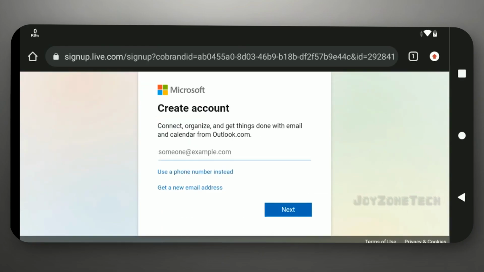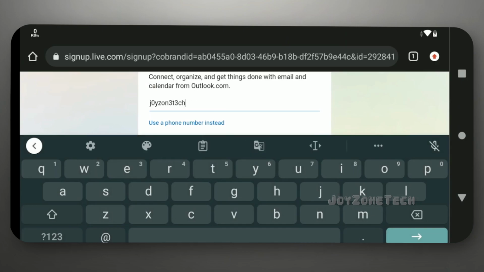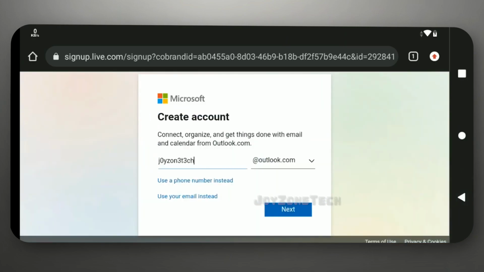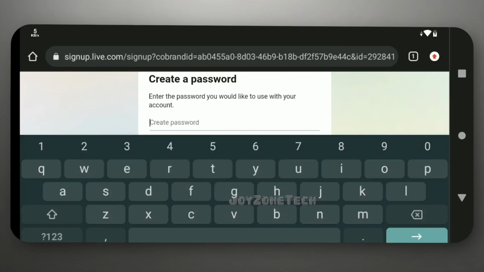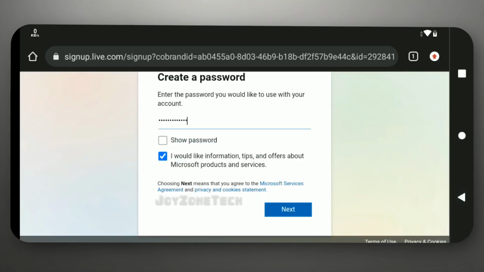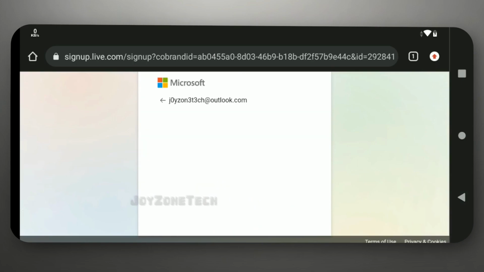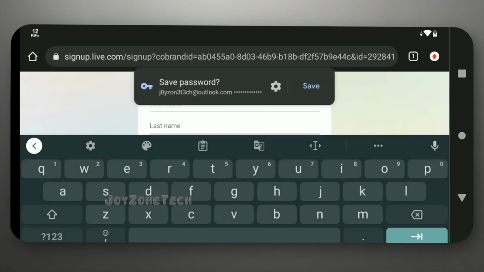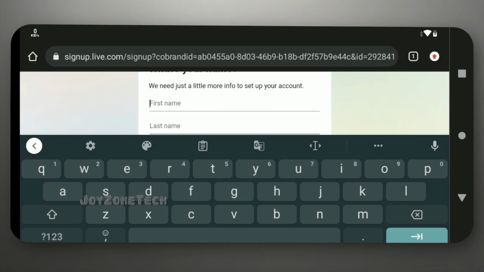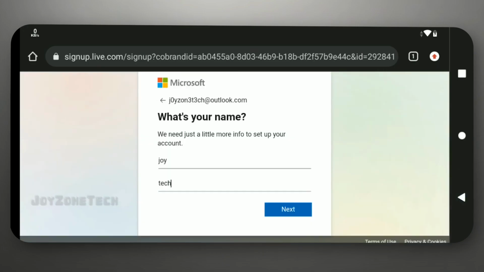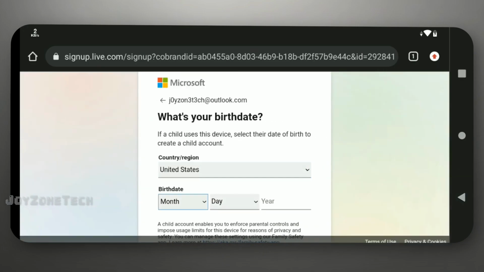Create your desired Outlook email and password. Give any random name. Fill in other details.